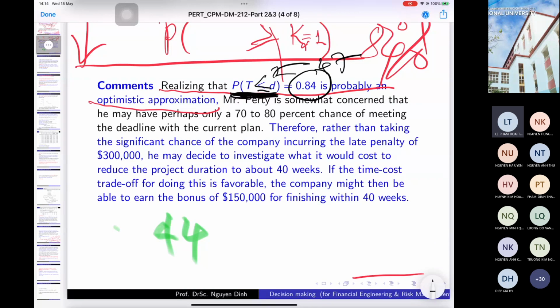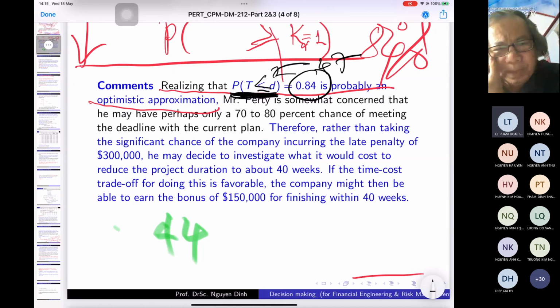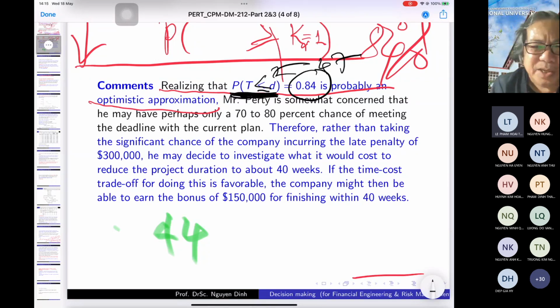So what does it mean? It means that large parts, 85%, that he can finish in time, within 47 weeks. Is that okay? And the problem, I find out the probability that he can complete the work in 47 weeks, that is okay. That's a high percentage, so it's okay. Sure that he can finish it.